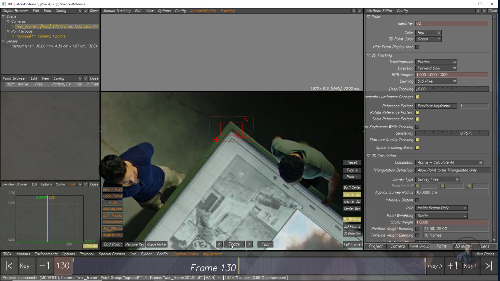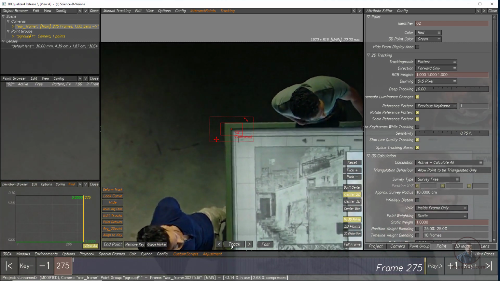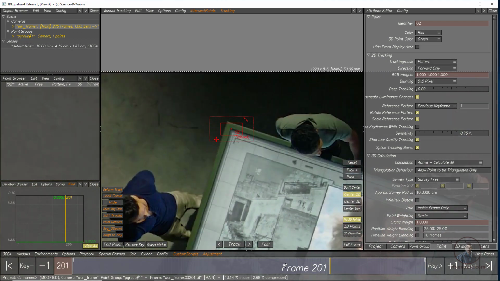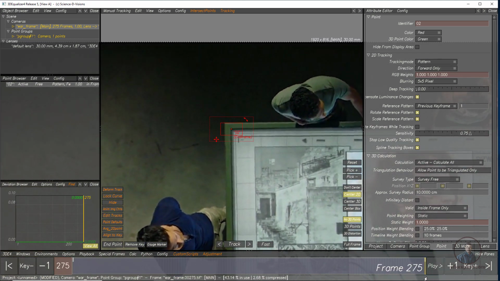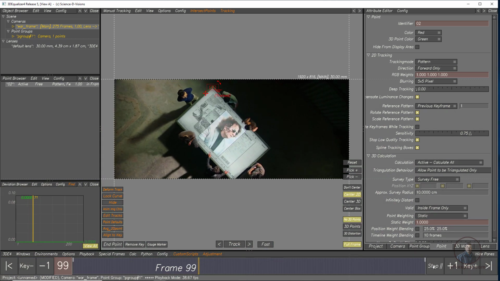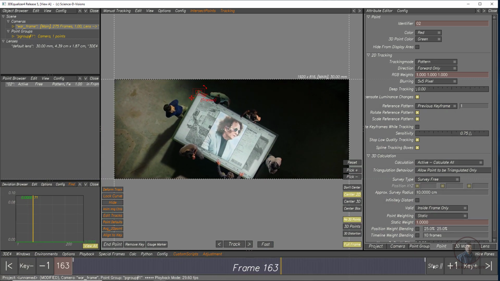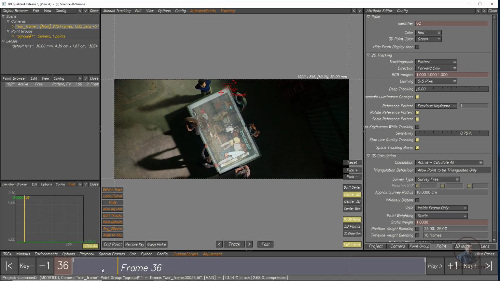After this, again click on track. Now see, so the first point you have tracked successfully. Now check. I think this is perfect. After this, finally click on full frame. Now play and check. So the first point you have tracked successfully. This is sufficient for us.